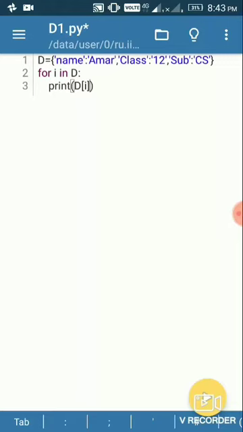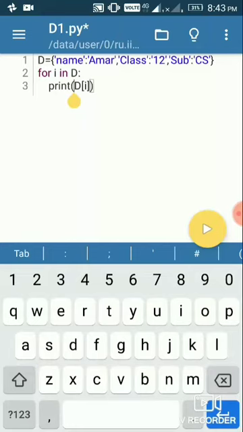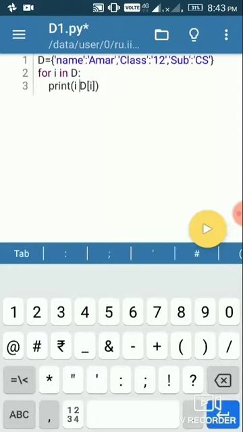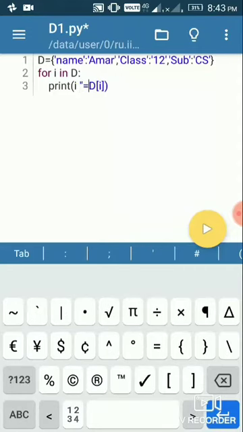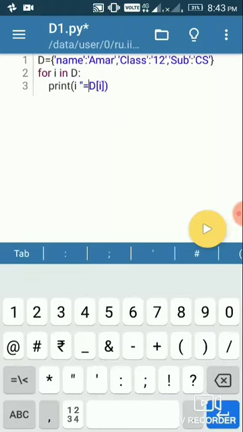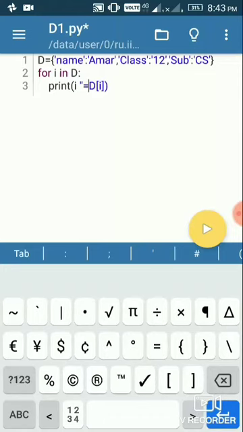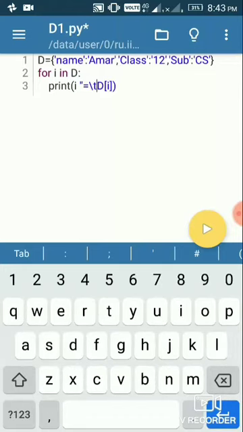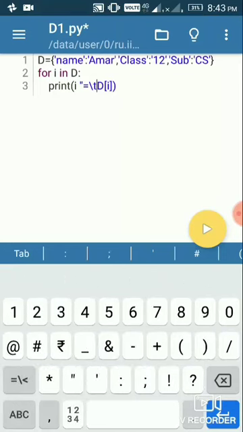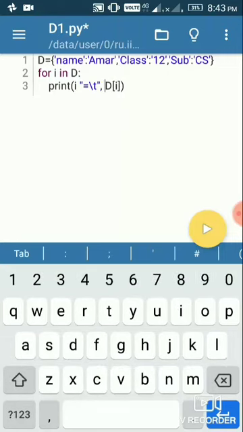Using a for loop we can print. We can also do something here, that we can write i equal to, then after a tab space, and try to print this.